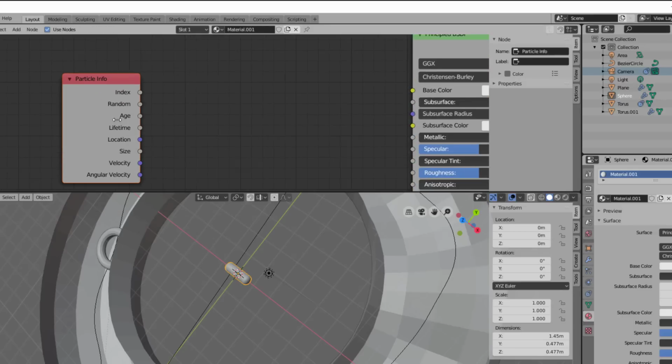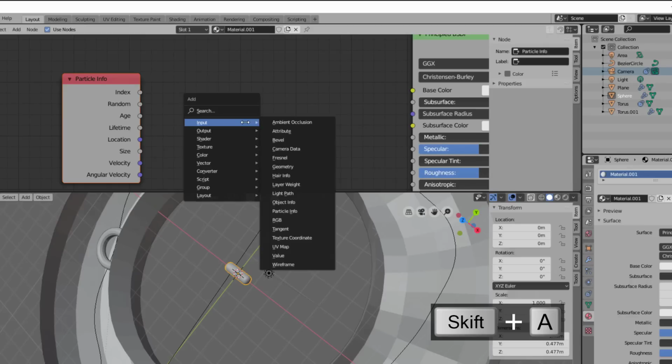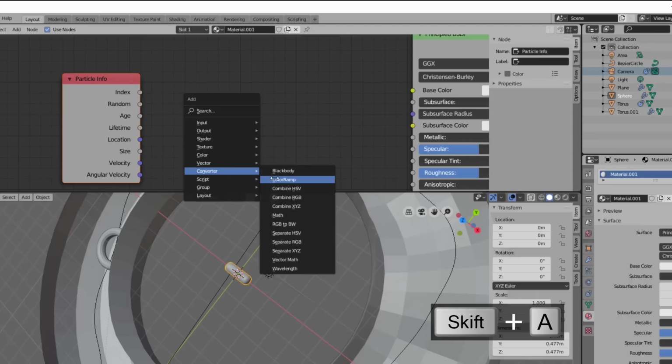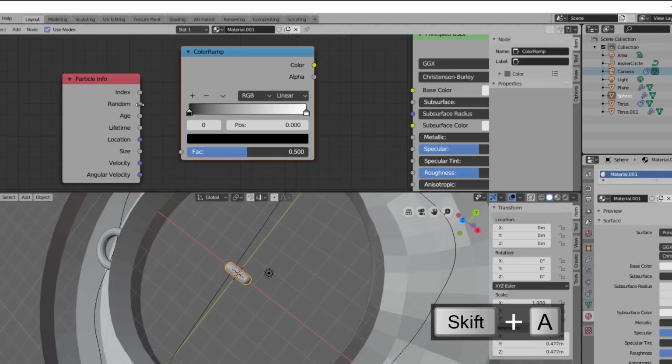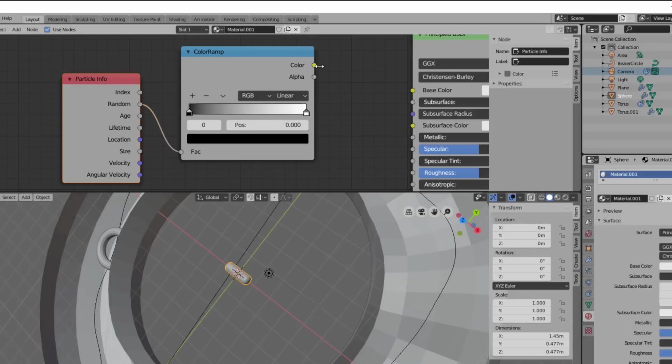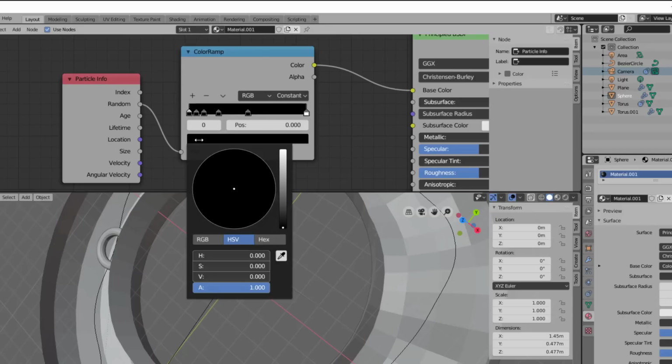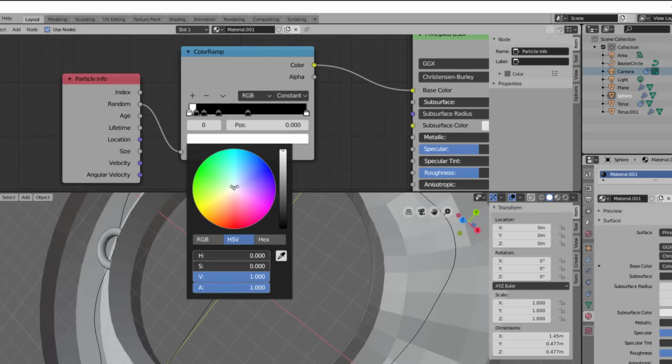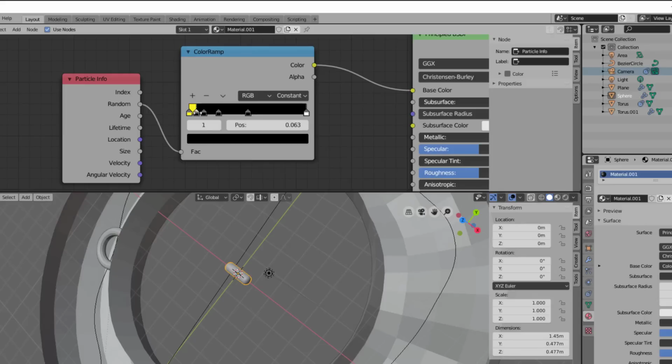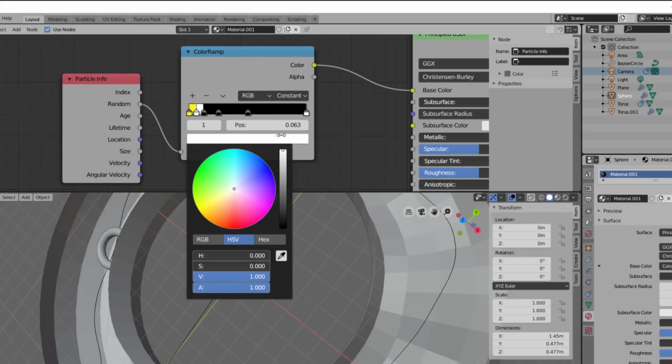I will use the random here, so I press Shift A again and convert the color ramp, put that into random and put that into here, and now I go to constant, and then I add a few of these, and I change these to very nice looking colors like yellow, red,